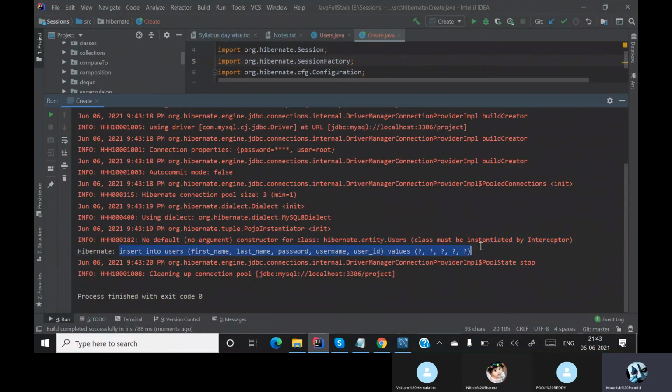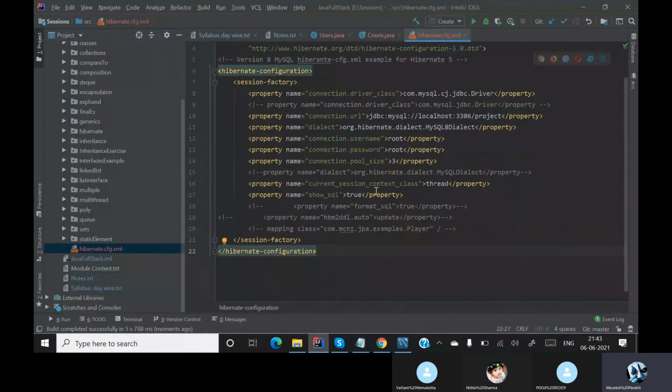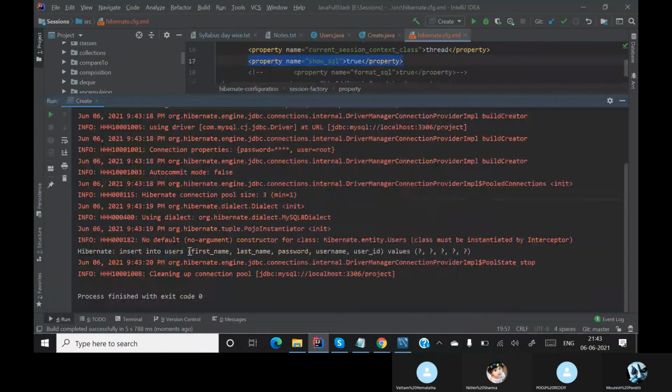This SQL query is automatically given by our Hibernate. The reason it is showing this is because of this line in our XML. Here we have given show SQL as true. Because of this line, the query has been given.